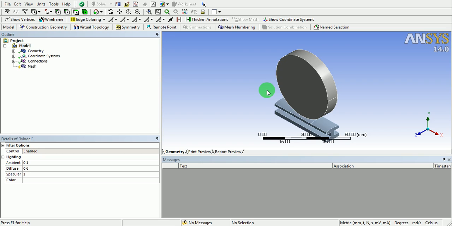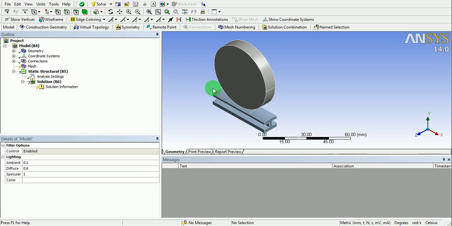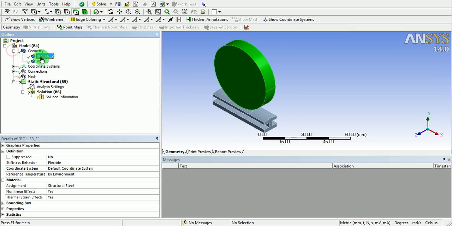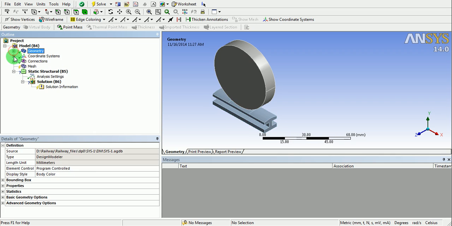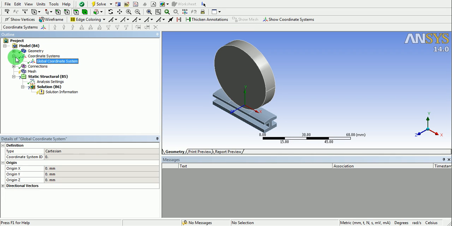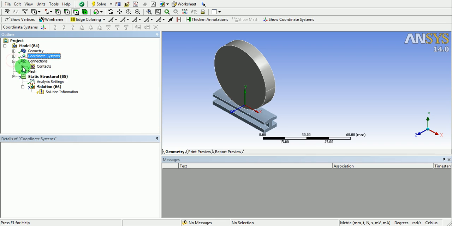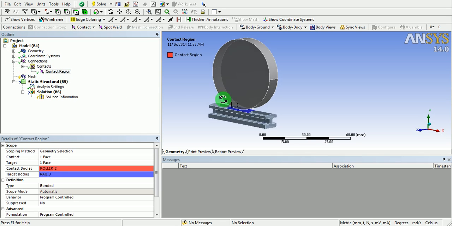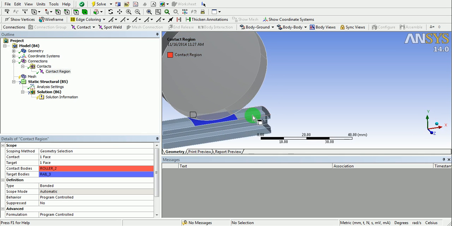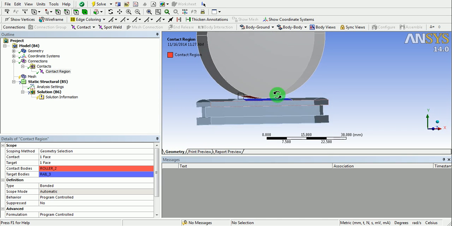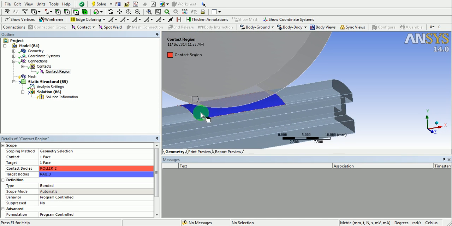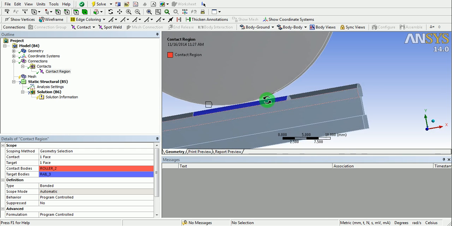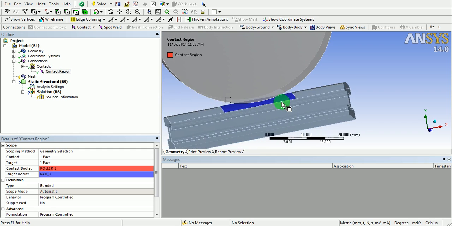Observe that the model is now imported into the solver. Here are the geometries, and here is a coordinate system, and here is the default connection which was identified automatically. The main objective of splitting the surface was to give only the area which surrounds the contact, which helps in